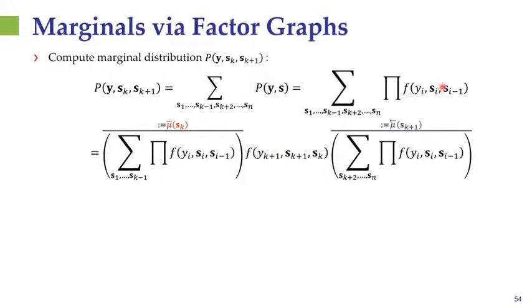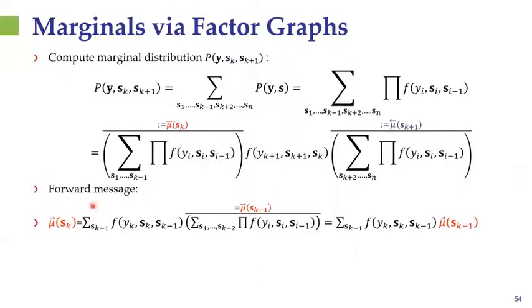and these are the variable edges. And then we can write this as the function node which is relevant to the current two states which we are observing, as well as this term here, which we will call the forward message, as well as this term here, which we will call the backward message. And we've managed to factorize this marginal distribution into a product of three components, in which the forward message can be computed recursively because we can write it down explicitly,